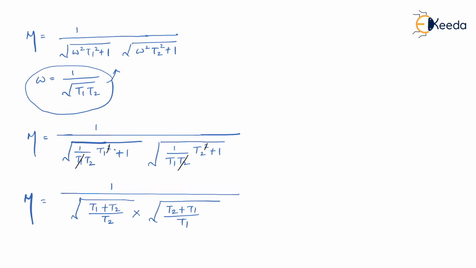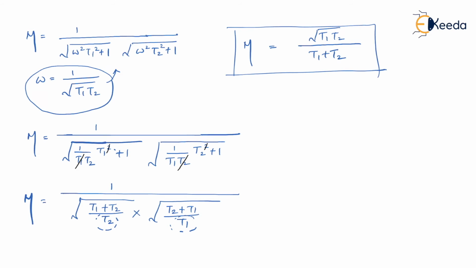So in the denominator, what I can get is t1 plus t2, t1 plus t2. And you know what? This under root t1 and under root t1 and t2, we can shift it upward. That is, we can write under root of t1 under root of t2. And now this can be considered as the magnitude of m, or the value of m at intersection point.